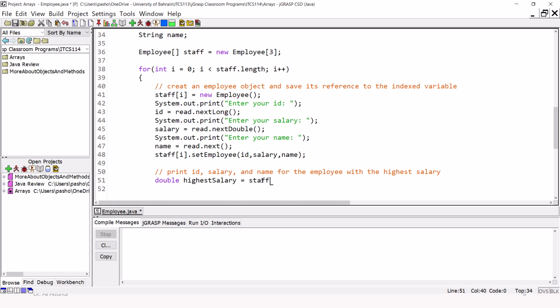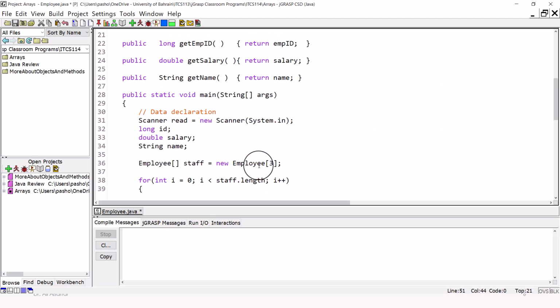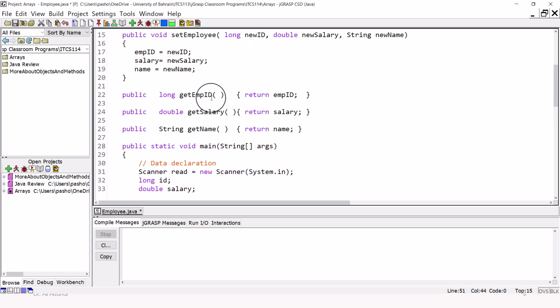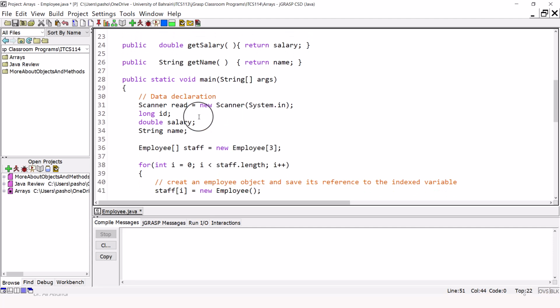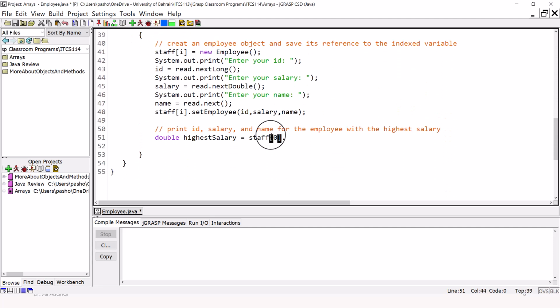We have the array staff, and the first employee is at index 0, and now we need to get to the salary data member of this object. Remember, we have getters for the three data members. Let's go up. So we have get emp ID for getting the ID, get salary, and get name. So if we want to get the salary for the first employee, we simply write get salary